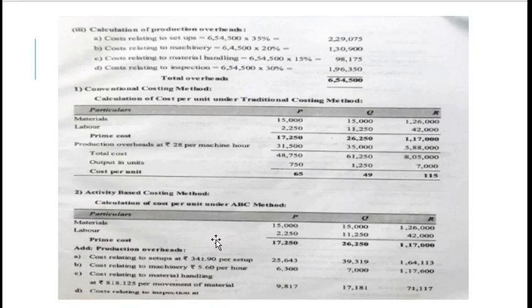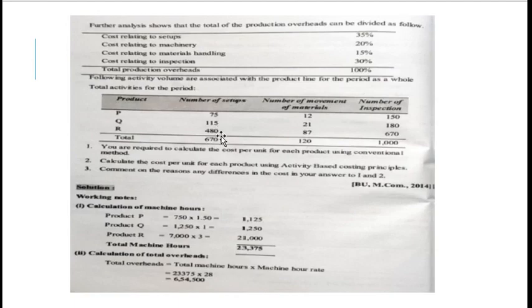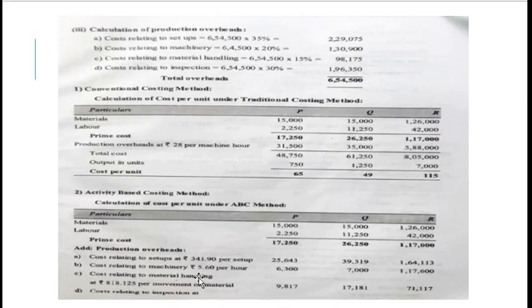Now we'll be disclosing all this information in your activity based costing cost sheet. Along with your prime cost, we will add your production overhead. The first cost will be the cost relating to setup, which is rupees 341.90 per setup. How many setups are there for P? For P, you have 75 setups. So 75 setups into 341.90 will give you